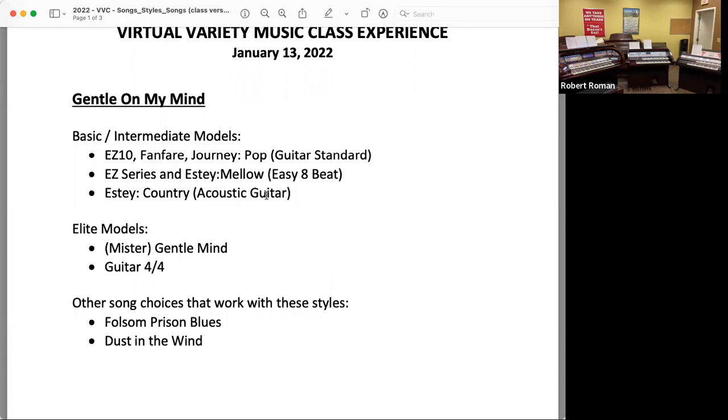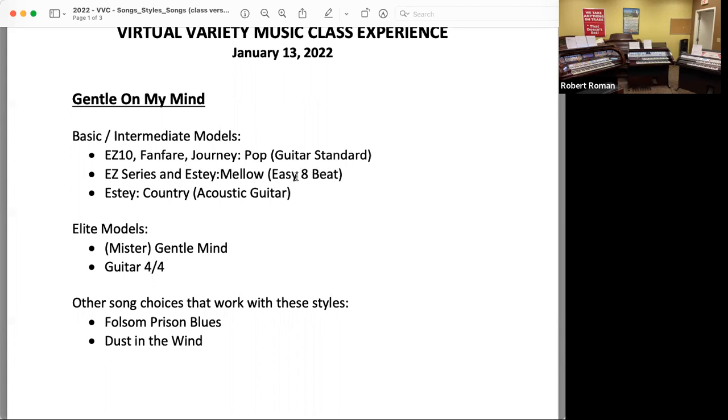On the Estey, I have the acoustic guitar under the country category. Sometimes you have to push the variations, the pianist guitars. If you're not sure where to find it, contact your personal assistant. The other thing is for those who have the smaller basic models like the Easy 4s, 2s, and the SC Discovery,